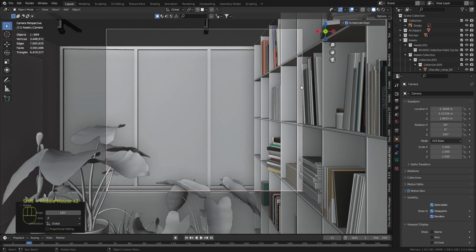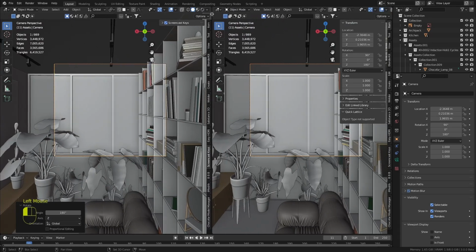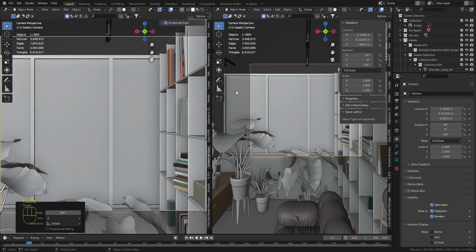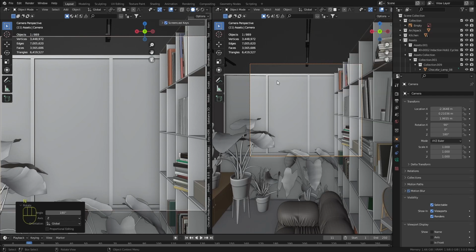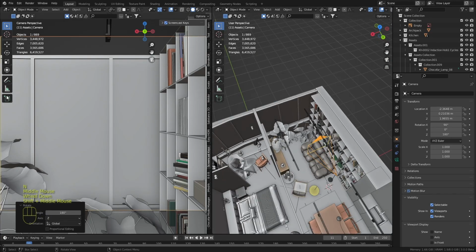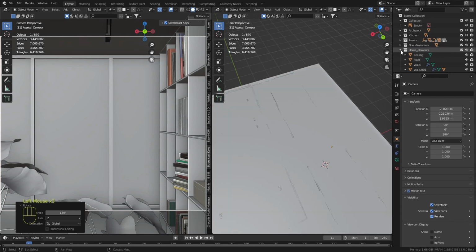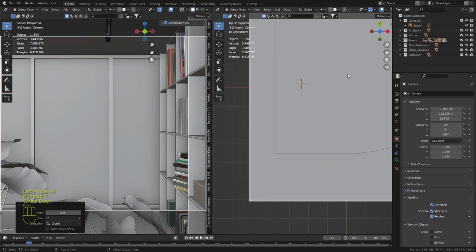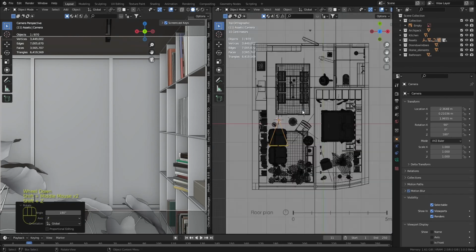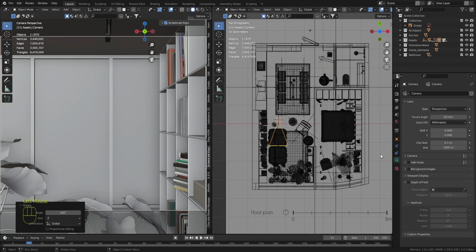So to have a better workflow, I need to split my screen to 2. So I will have my camera here and I will move here to set my camera in the right side. So I need to unhide the styling. So I will go to the home elements collection and unhide the styling, then going to the top view and enter the wireframe mode. So now I need to rotate it a little bit, but after that I need to go to camera,